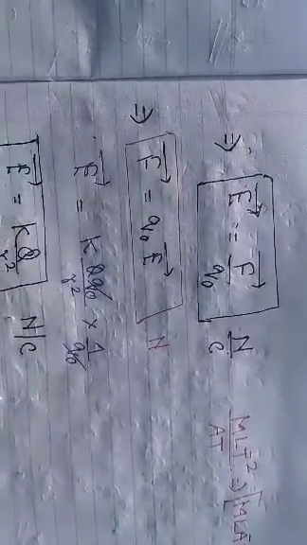The intensity of the electric field: we have already said that the electrostatic force experienced per unit charge is known as the intensity of the electric field. And we have the formula, and by cross multiplying we get the electrostatic force, that is q naught into E, where E is the electric field. Putting the value of electrostatic force in the first equation, we get the equation E equal to K Q upon R square. Capital Q is a point charge, not a test charge, so it is clear that this is the electric field produced by a point charge, not by a test charge.